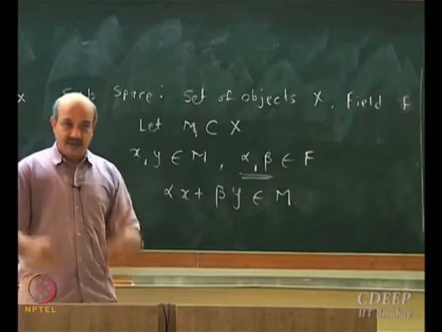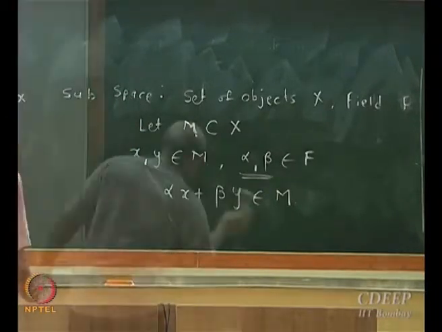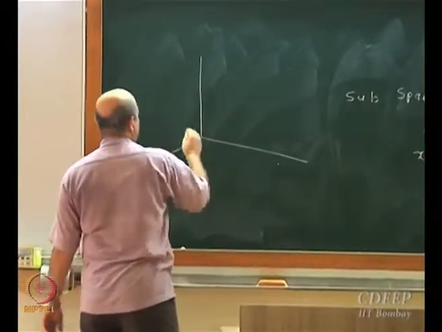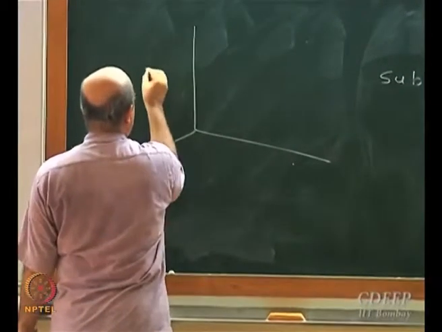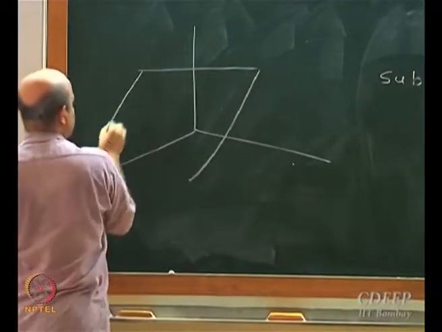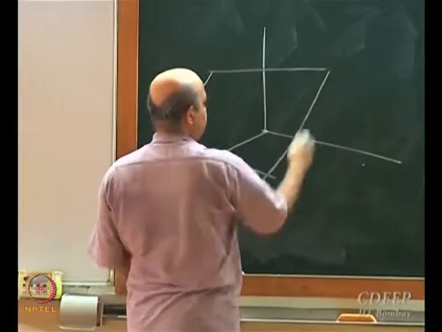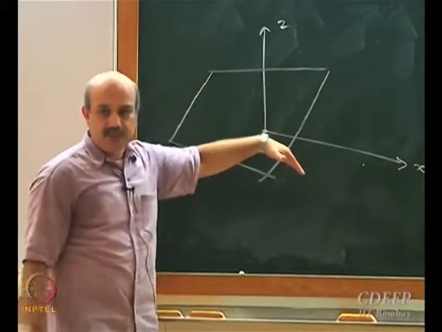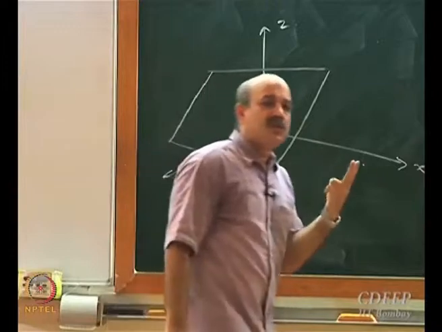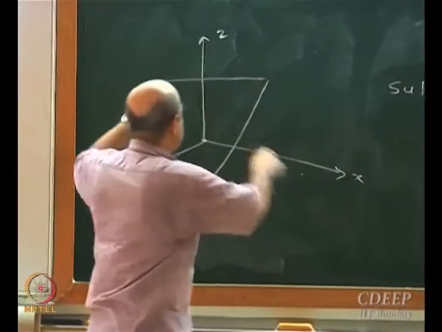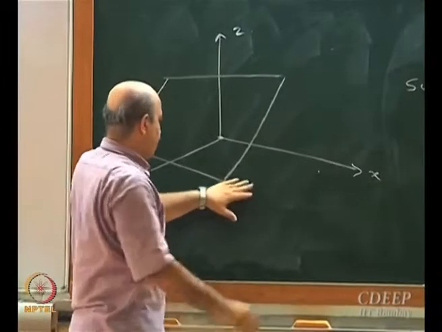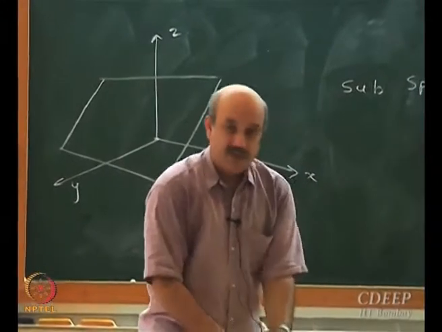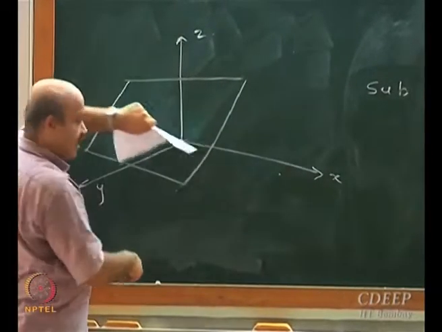Now let's understand this a little more. Let me try to draw a subspace. Imagine this square, the plane, is a plane that passes through the origin. Now there are two scenarios. One is that this is a finite set, only like a piece of paper. Just look at this piece of paper which is passing through the origin. It is of finite size. It is passing through the origin.